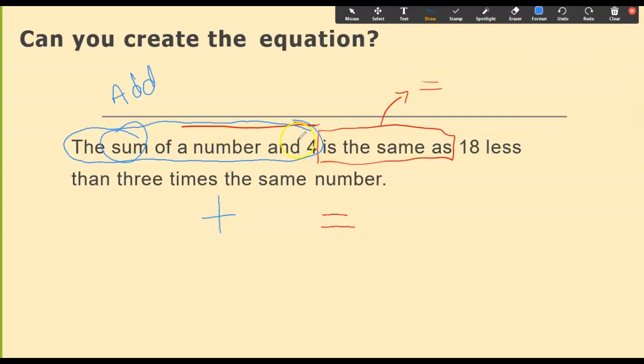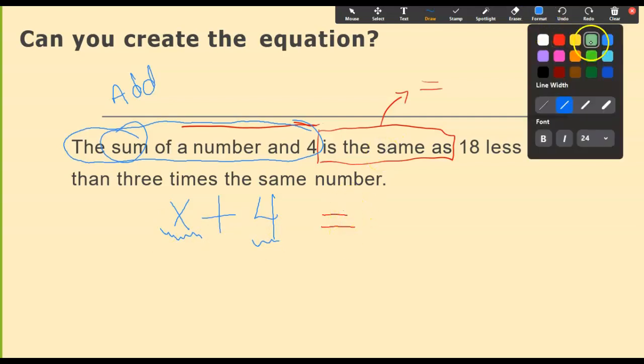A number and 4. Do I know what this number is? If I don't know what the number is, what do we put in place of something we don't know? X, or a variable, or a letter. I could choose any letter. We'll go with X for this problem. So the sum, I need to add a number and 4. So that right there says the sum of a number and 4. And it's the same as, so it's equal to